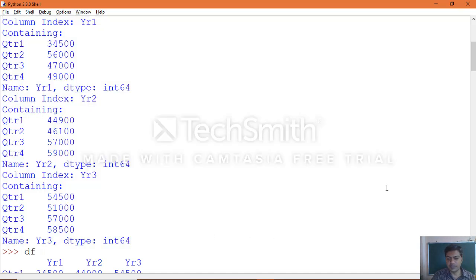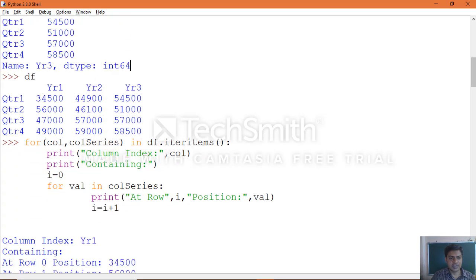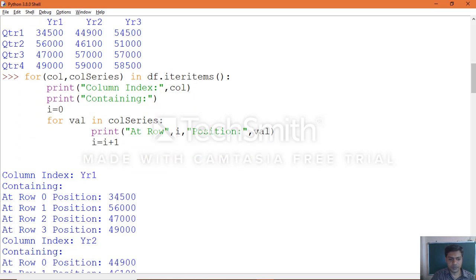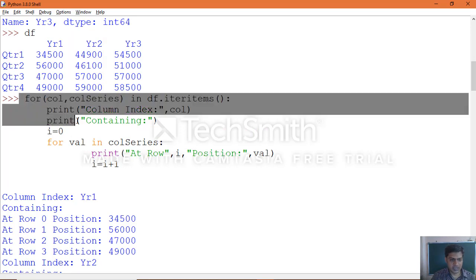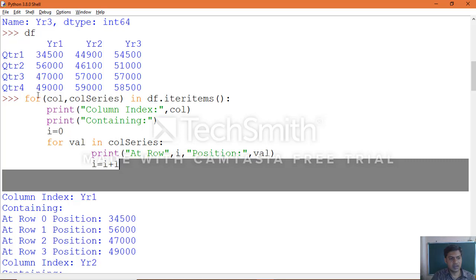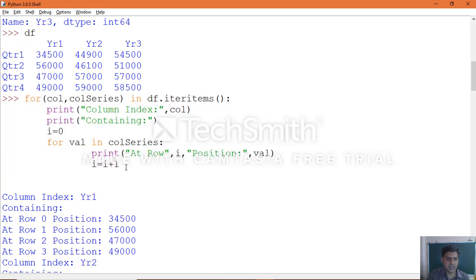Same way again we printed the data frame object to understand another way to access the position data. Here we used two loops, nested for loops, to access the position wise information: an outer for loop for column iteration and an inner for loop for row values iteration. For that we will see the output.